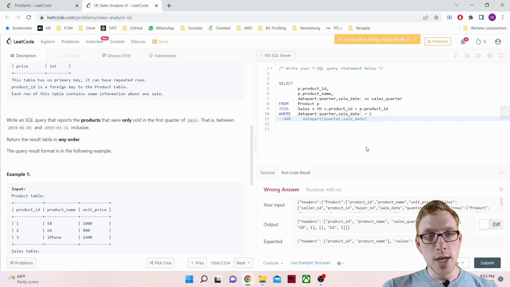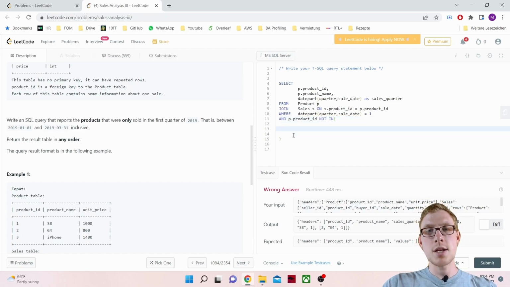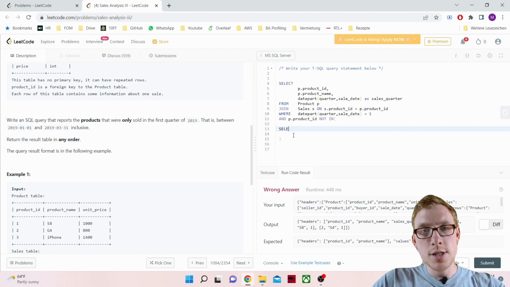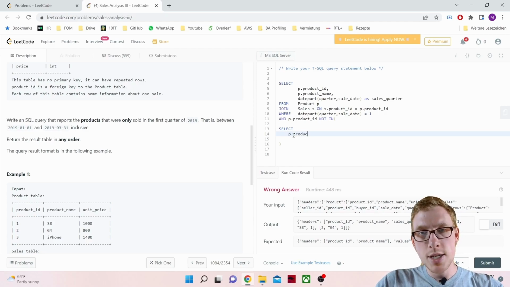We want to get only the products that are sold in the first quarter, and they cannot be sold in any other quarter. So what I'm thinking is we are going to ask for the products that are sold in quarter one, of course, and p.product ID not in, and now I'm going to exclude. I'm going to make another list with all the products that are sold in either the second, the third, or the fourth quarter. And I'm going to say, if you're in this list, then I don't want you in my result set. So I'm going to select here the p.product ID